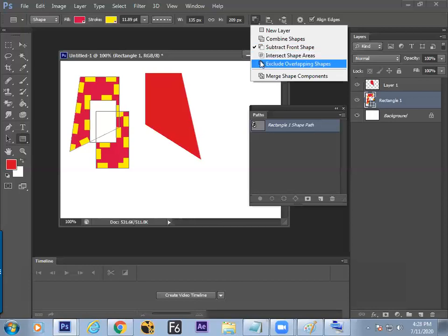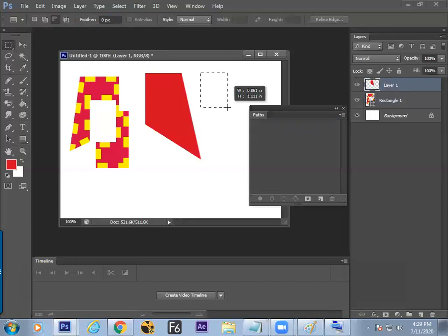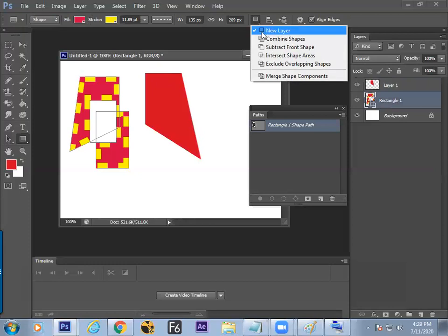Now we got to know addition, subtraction, intersection. It's not a new concept. On the first tool itself, it was there. But here we do find a special option that is called merge shape. Before, the shapes created by the selection were auto merged. You needed to get a special option called merging, so it mixes and makes a new shape. But in the shape tool, the shapes have to be asked by us to get merged.